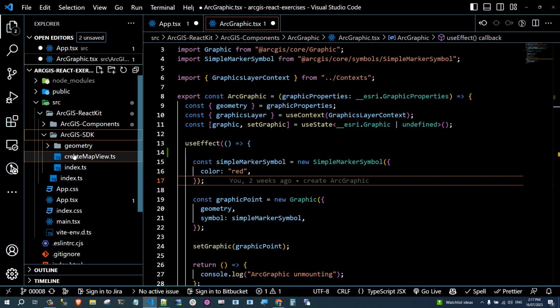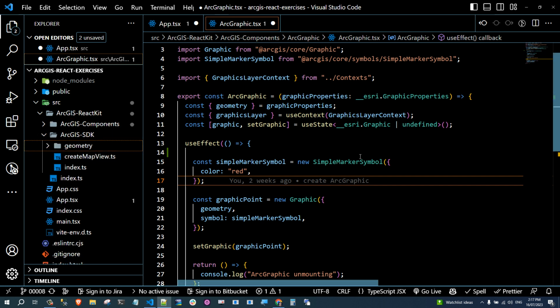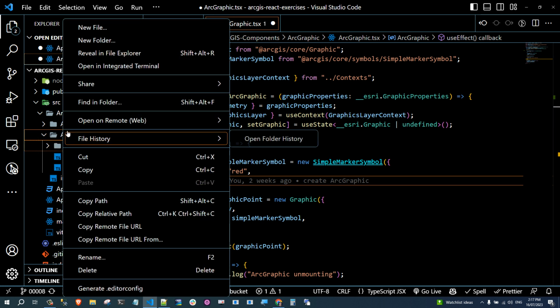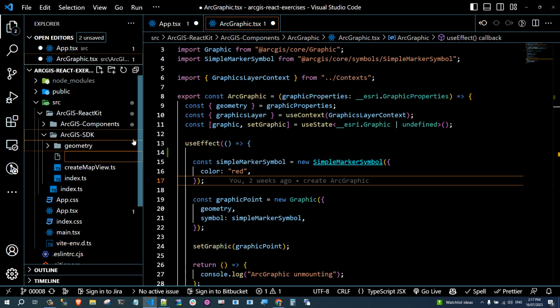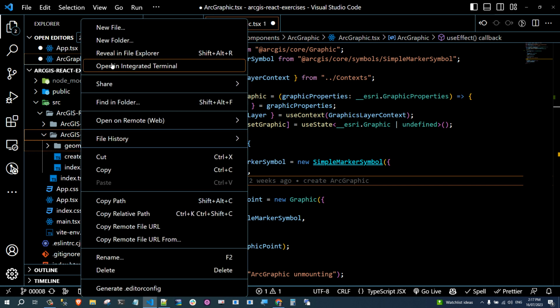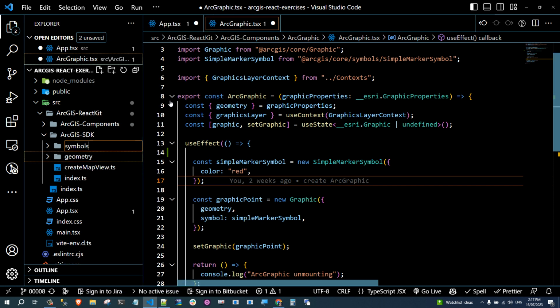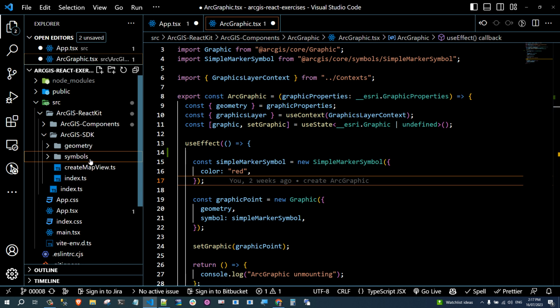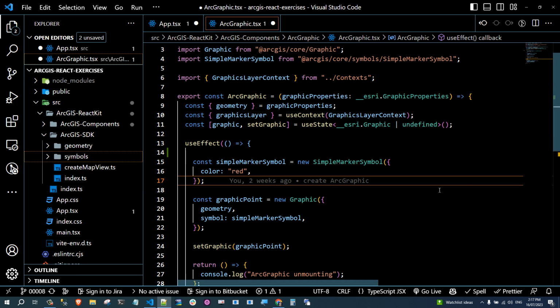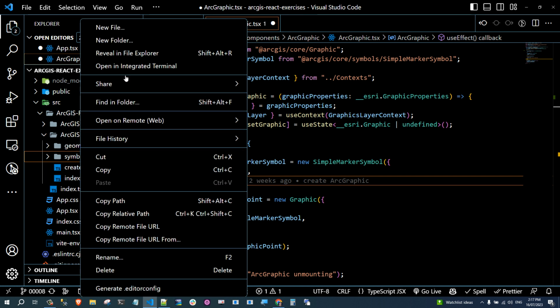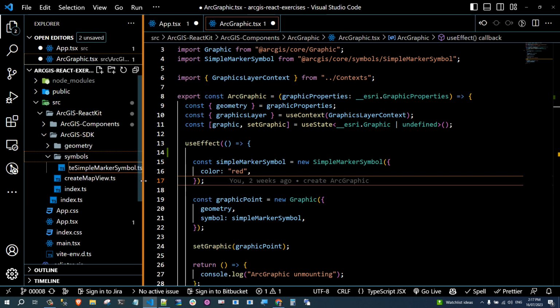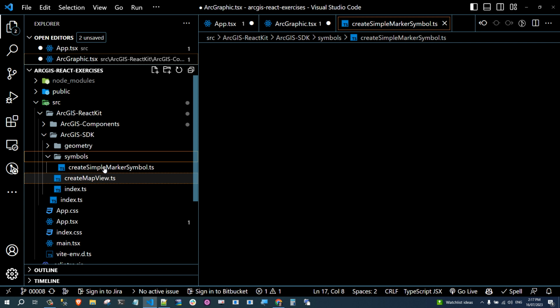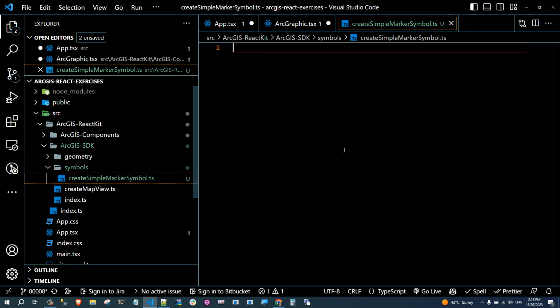As I created the geometry folder, I will create a new folder called Simples, which will include all symbols I will create in the future. So here in simple, I will create a function called create simple marker. I will create a folder with the same name for it, and inside this folder I will create my function, which